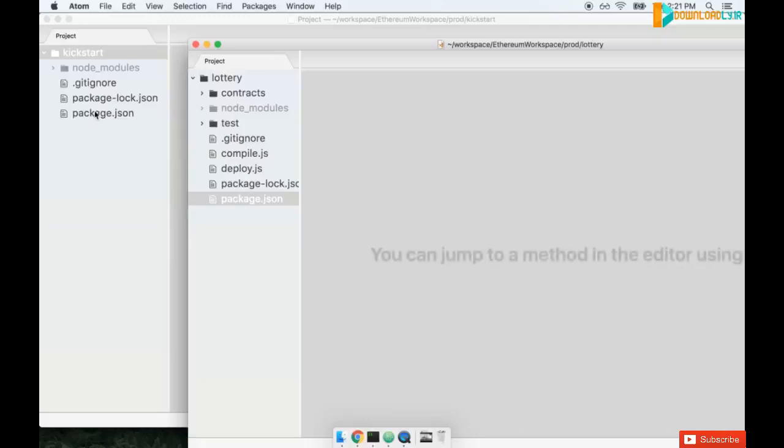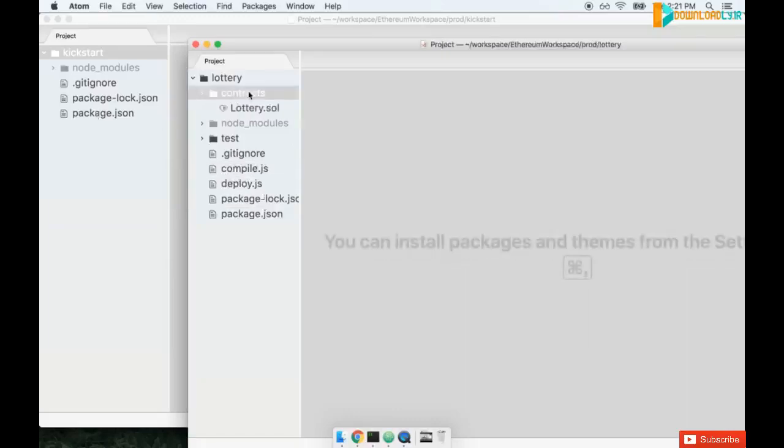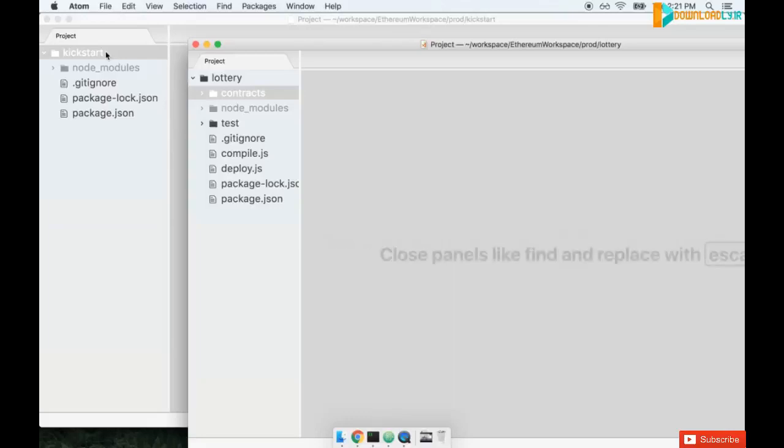In order to better organize the files and folders inside of our project, I think that rather than locating compile, and deploy and contracts and all this stuff in the root project directory, I think we should make a new folder inside of here and have that contain all of the Ethereum related code that exists inside of our project. That'll make it a lot more obvious where the React application starts and where the Ethereum side of the application